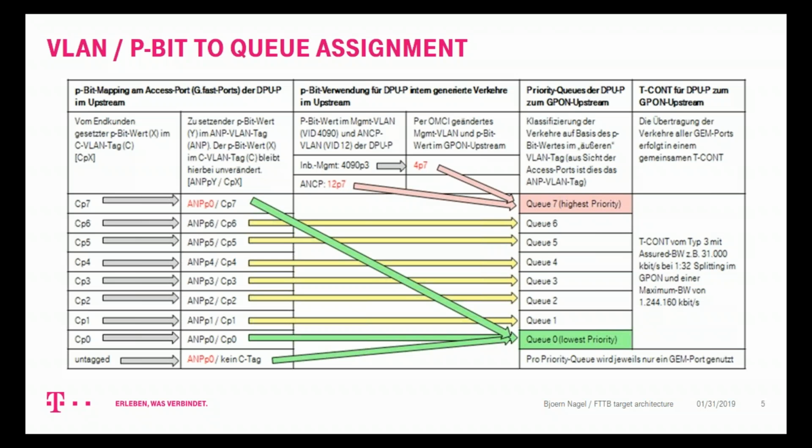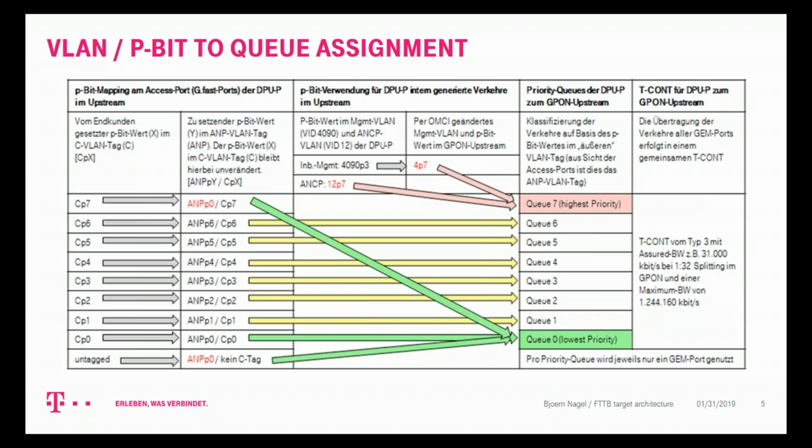The voice quality is not so good, but that has no relation to the Gemport at first. I come to the TC layer later in the next slide. That only reflects the overall layer 2 behavior of the network, and that of course has to be supported by the DPU and the OLT. But most of this slide is not related to point-specific things like Gemport or T-CONTs. Only the very right column has some